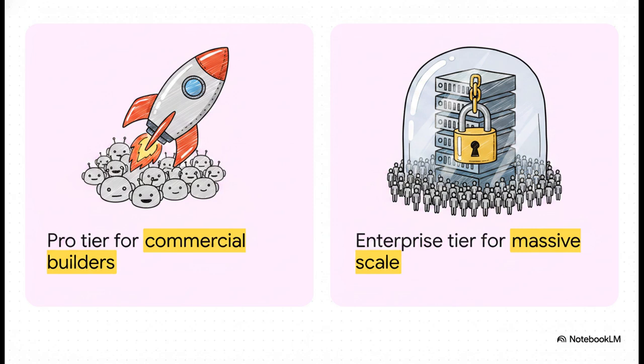And hey, as your app takes off, Ajath scales right alongside you. The Pro tier gives commercial builders access to the most powerful models and lets up to 10 parallel agents work for you simultaneously. But let's say your mobile app becomes a massive, viral success and you need to bring it to the corporate level. The Enterprise tier locks everything down with enterprise-grade security. We're talking SSO, SAML, SOC 2 compliance, custom privacy controls, single-tenant environments, and VPC peering that make absolutely sure your app is secure as it scales to millions of users.